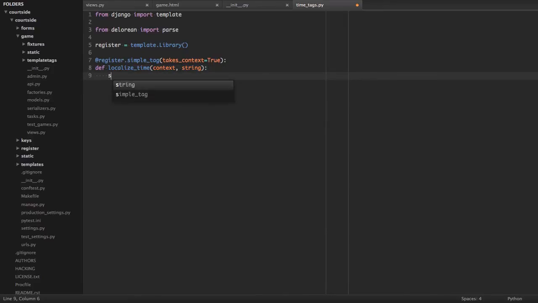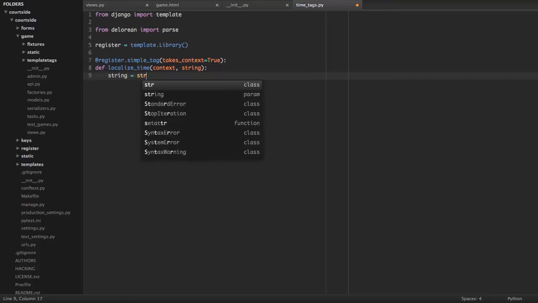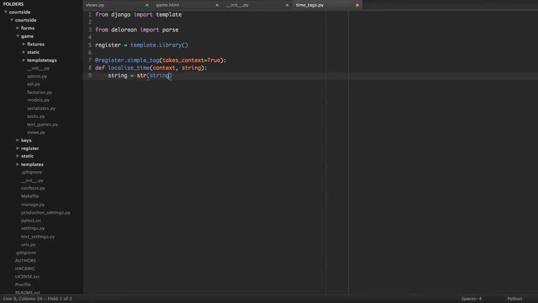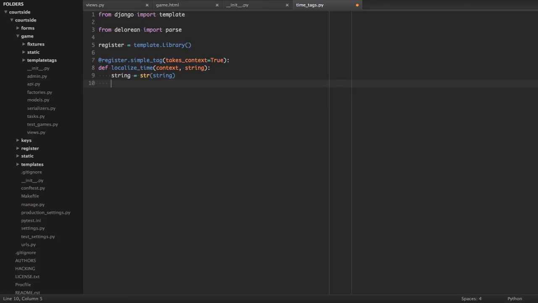Once we have that, we're going to make our string an actual string, because what ends up getting passed in is the datetime variable from our template. We're going to get our time zone variable, which is in the context of the view for that particular user. Context is a huge dictionary. We're going to ask for the time zone. We are then going to return,